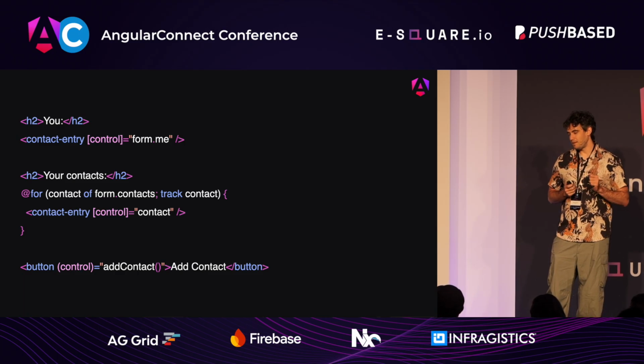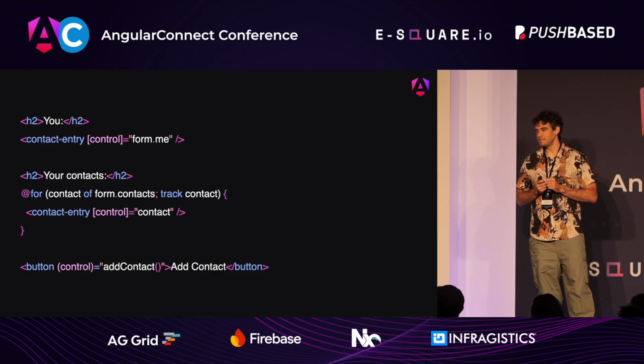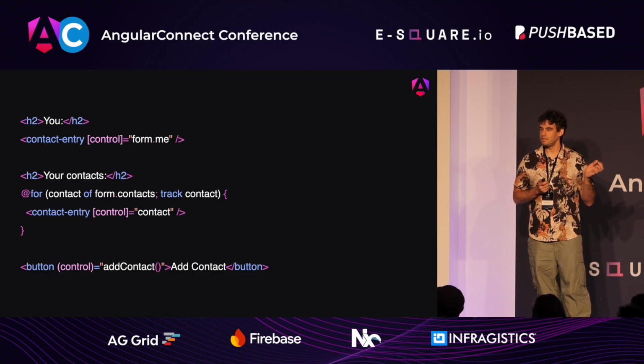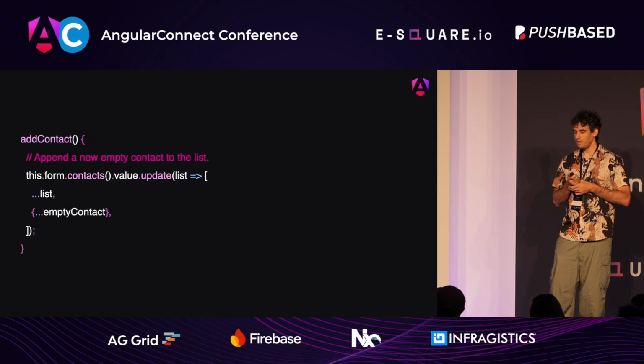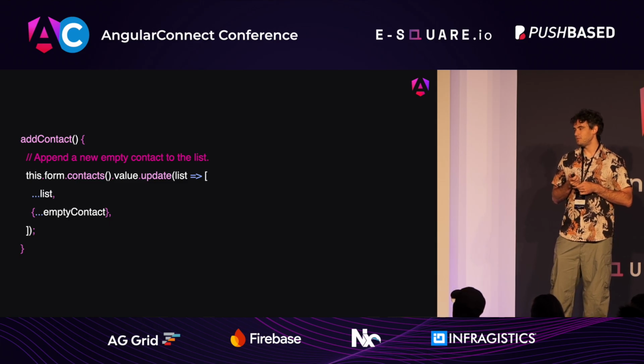But then, of course, my contacts are actually empty because that's how I set up the form, and we're going to need the user to add some contacts. So I'll add a button that lets people do that. And then we'll have to go add the logic for that as well. And we can see that this is actually really easy to do in signal forms